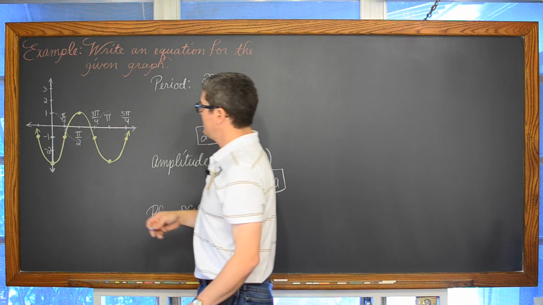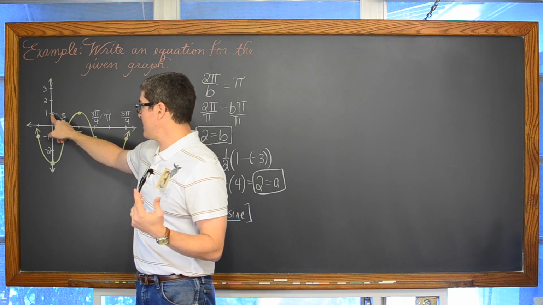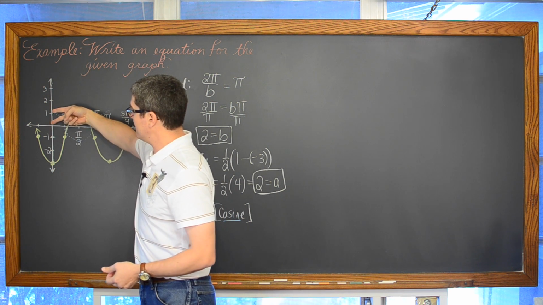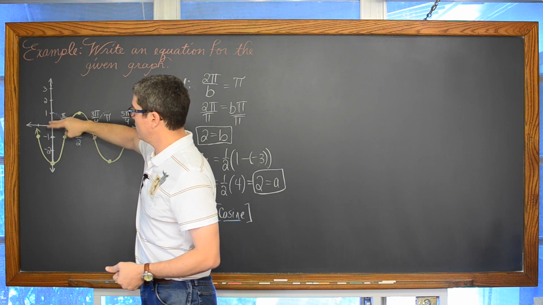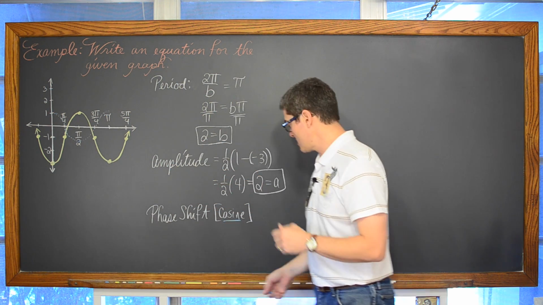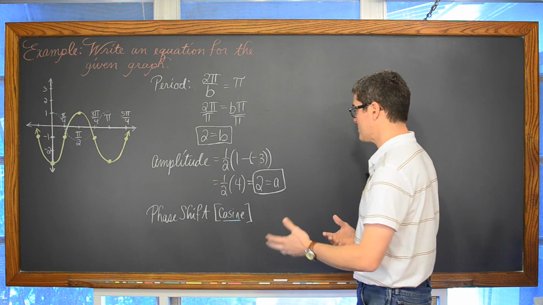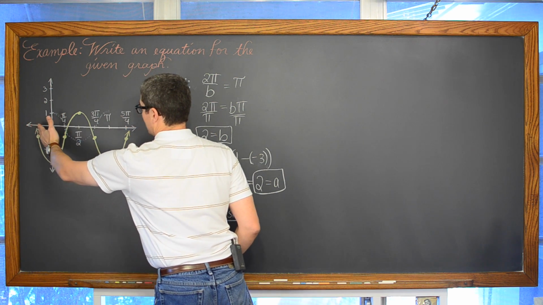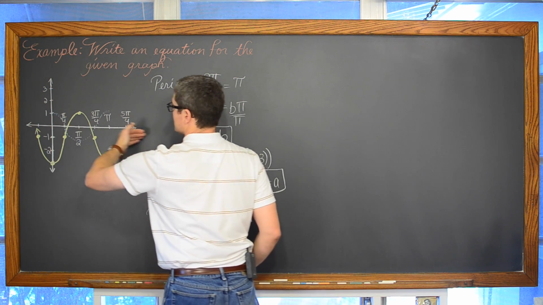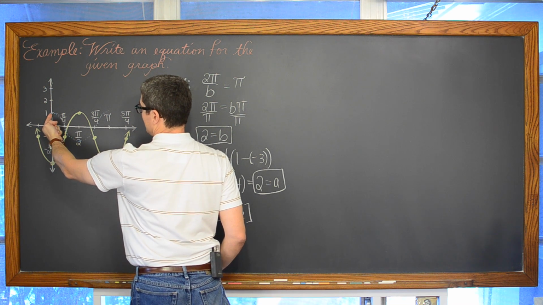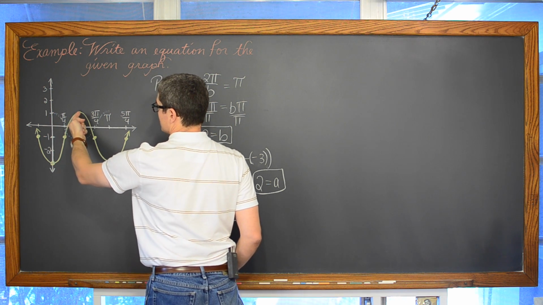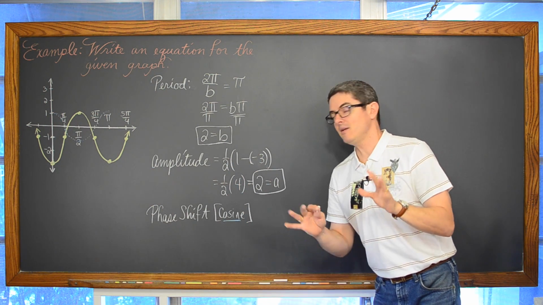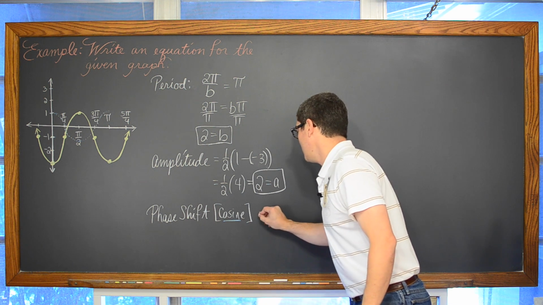Now, the cosine graph starts at a maximum value. Well, this function is starting at a minimum value. So if I take that graph and reflect it over the x-axis, then I can get away with not having a phase shift at all. So the phase shift for cosine, and this is a cyclical graph, so we can move it horizontally all kinds of ways. I can see here that if I shift my blue line to the right pi over 2 units, I can have that maximum match up with that maximum. So the answer we're about to come up with is not the only answer, but let's go ahead and let the phase shift equal 0.